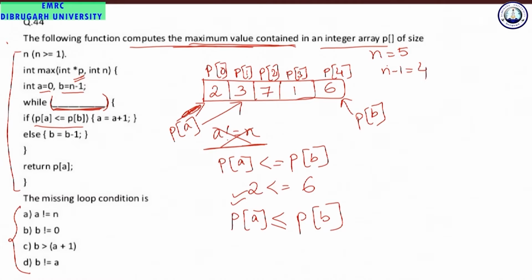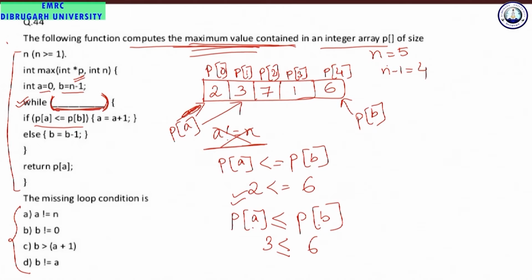So, p of a will be less than or equal to 6. In this way you will be repeating, but when will you repeat? You repeat if a is not equal to n, so this does not fit, because we know that for finding the maximum value, we always check when both these values are not equal,